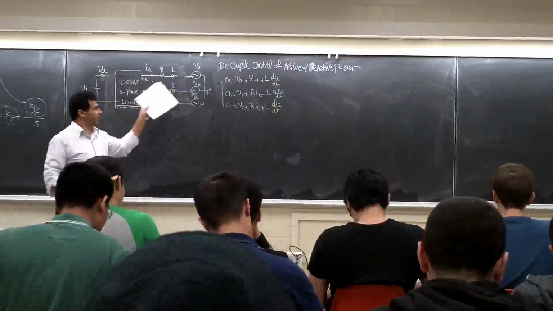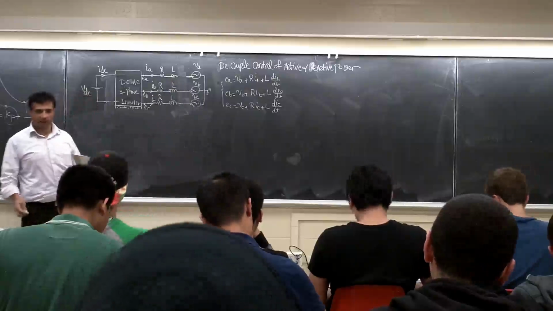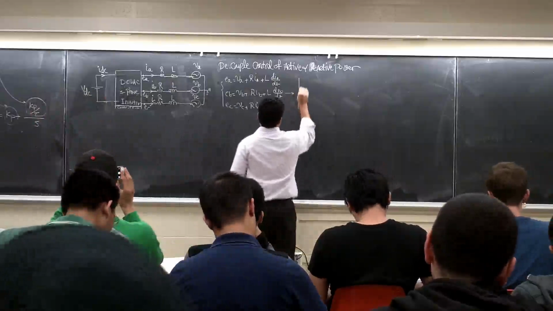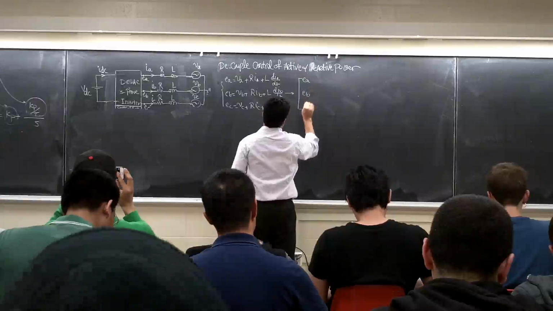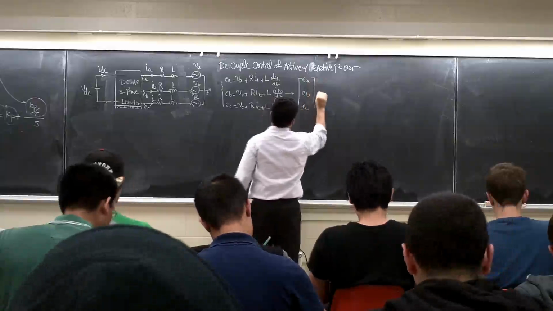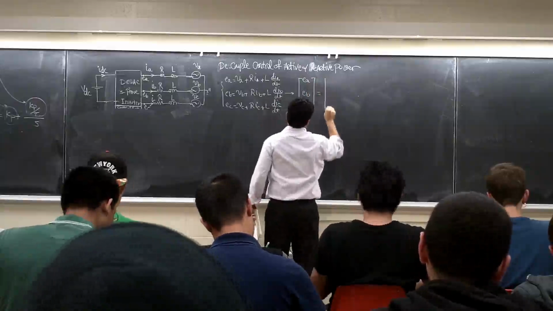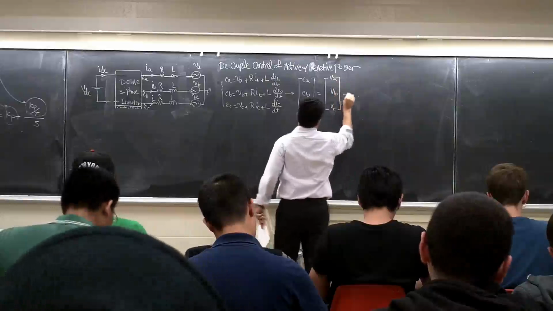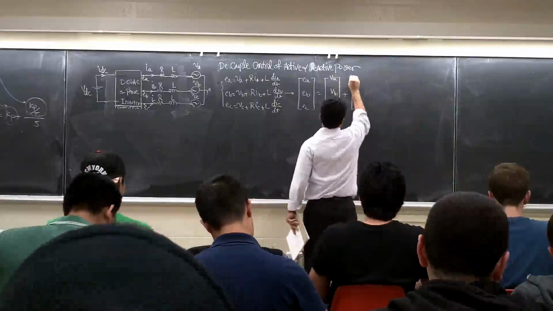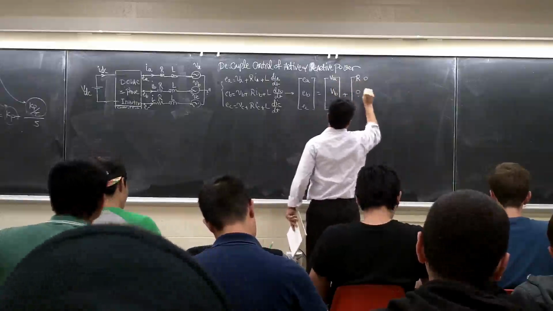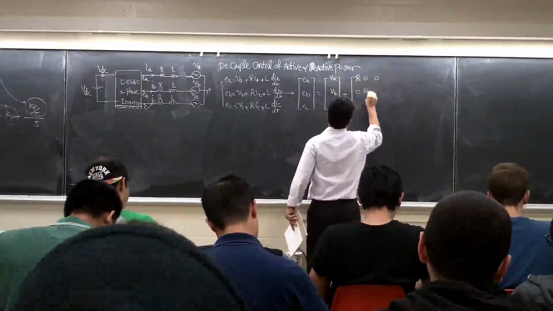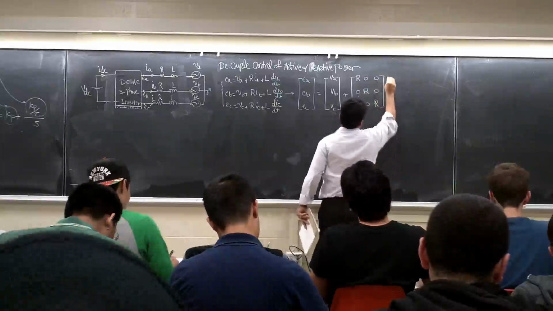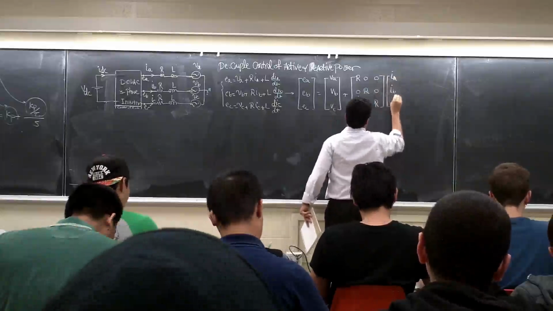Okay, one here, and one here. Right? Let's put it in the matrix form. Let's change it to the matrix form. It's going to be EA, EB, EC is going to be VA, VB, VC plus R 0, 0, 0, R 0, 0, 0, R times IA, IB, IC